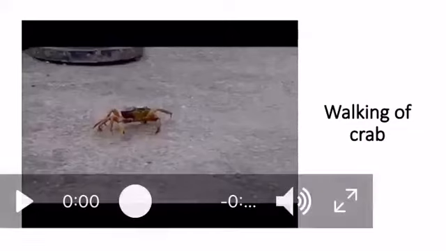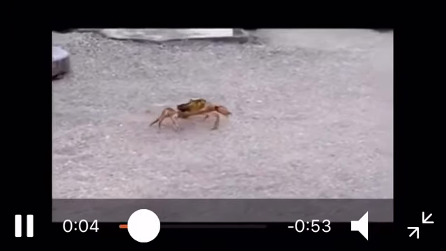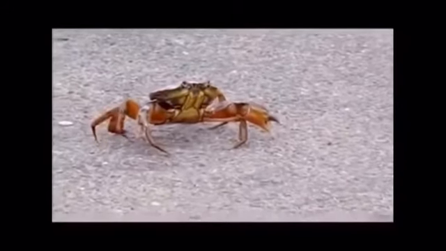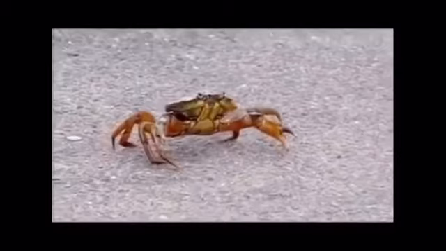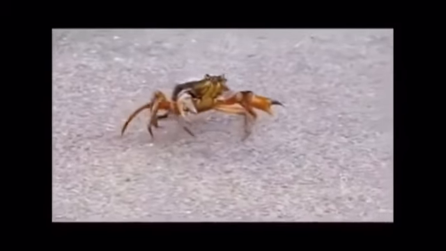This video indicates the walk of a crab. Here you see how the crab moves. A crab walks in a sideways fashion, a movement achieved by extension and retraction of the lower limb joints. All the links of the videos displayed in this lecture are shared in the description box of this video.